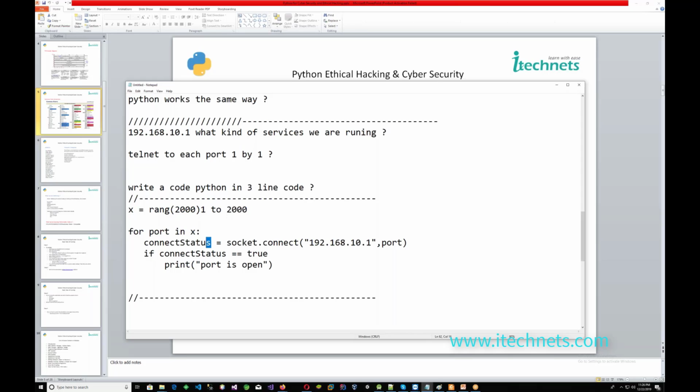Socket is an object. It is going to connect with this IP upon this port. That means this loop will run from 1 to 2000 on this IP, and if it gets connected, it will return the connect status. If status is true, that port is open.